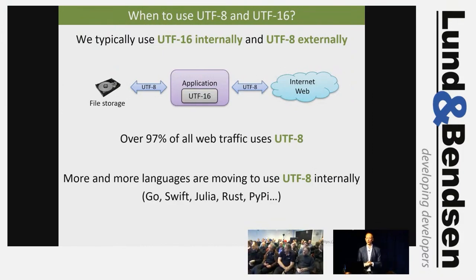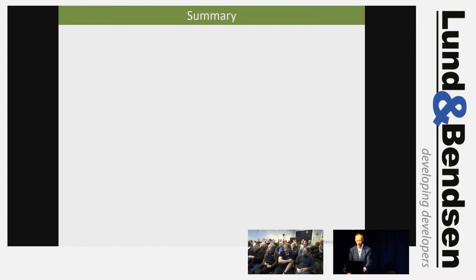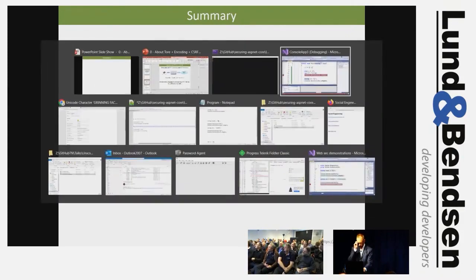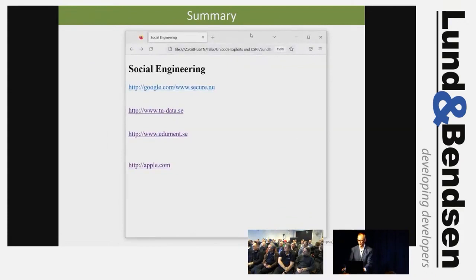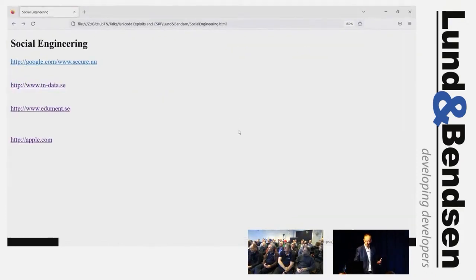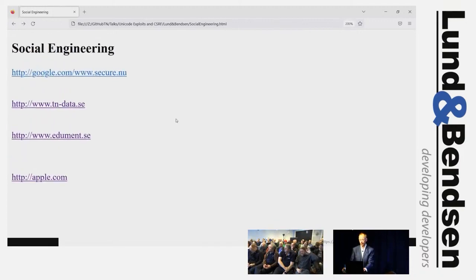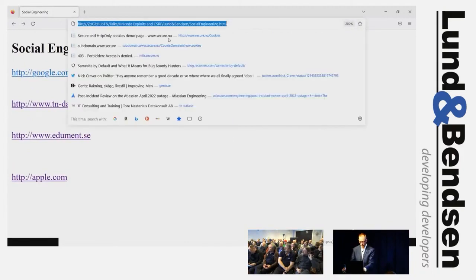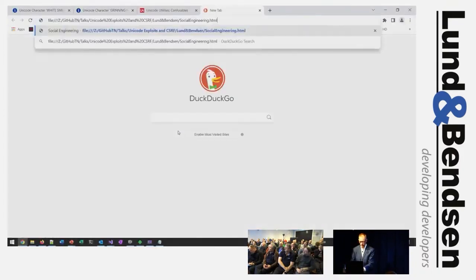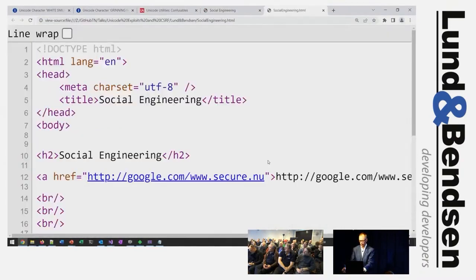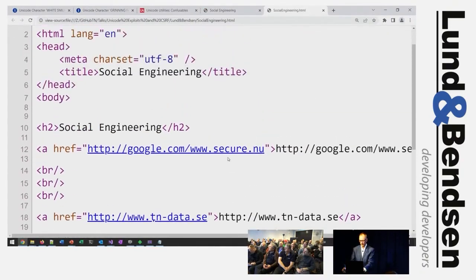Is that really a security thing? Well, let's look at that. The biggest problem with Unicode is social engineering. That's one of the problems, because you can make links that look valid but go to some other place. So I want to copy this one. I want to use Chrome for this example. So I take view page source. So this first link here, if I click on this link,